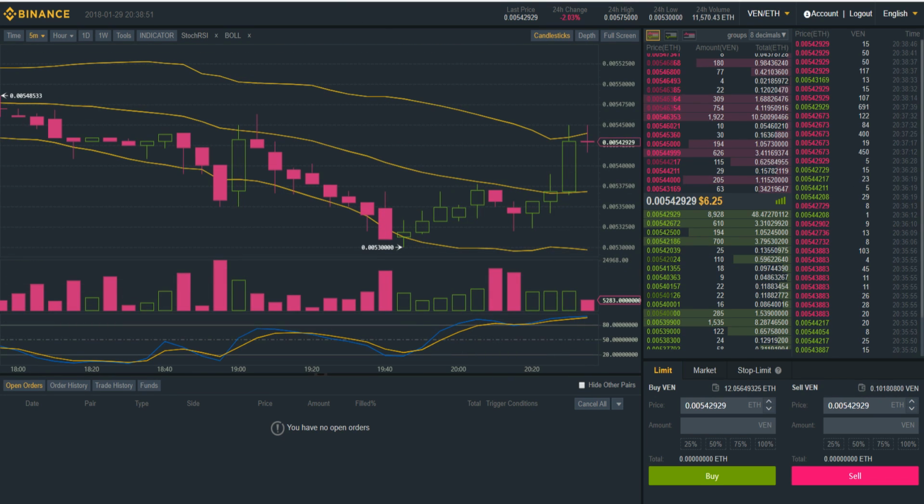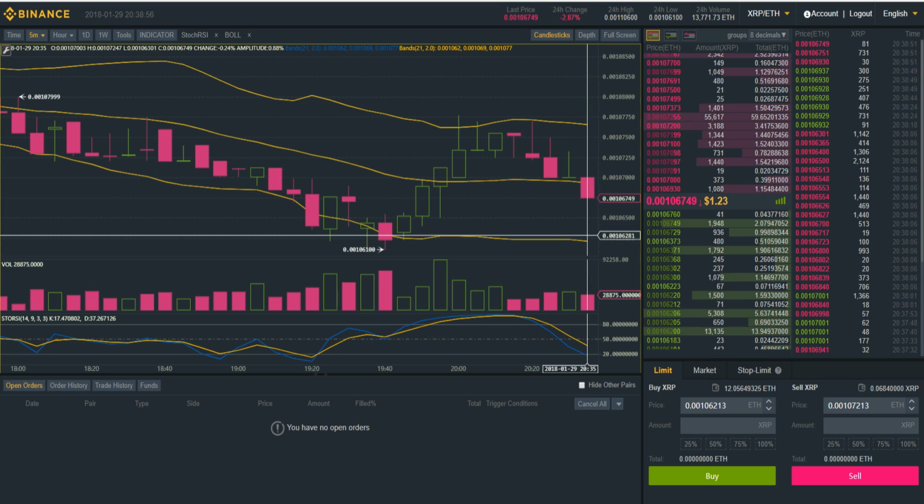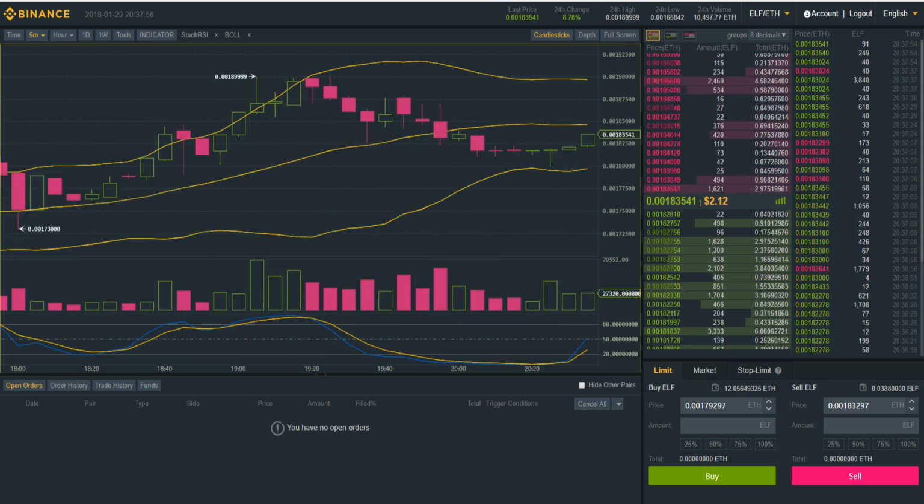Right now it's at its high, so we're not even close to a buying opportunity. Ripple's getting close, guys. It just crashed down to 10.62, so we just got to wait. I got to wait a little bit longer. I want these two RSI lines to cross down here at the bottom,